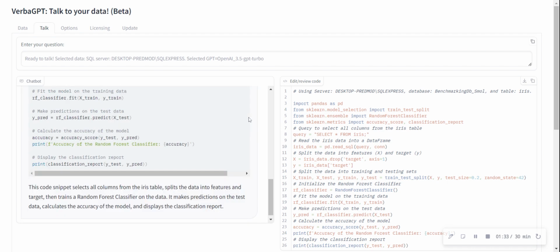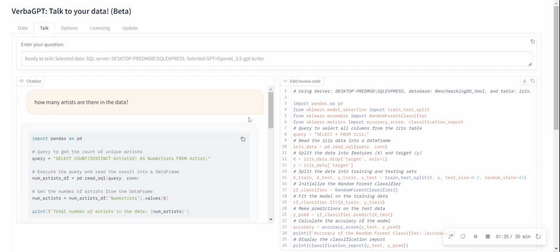You have to provide a schema behind the scenes. On the download page for VerbaGPT, there are instructions on how you can do that. But the idea here is that once that is done, and of course someone has to do it that has the knowledge of the databases, let's say you're part of an organization, somebody in the organization does that, then it becomes possible to ask questions and those questions are routed to the right place by